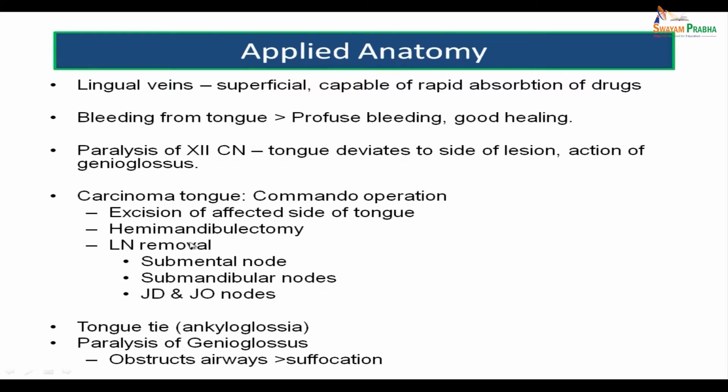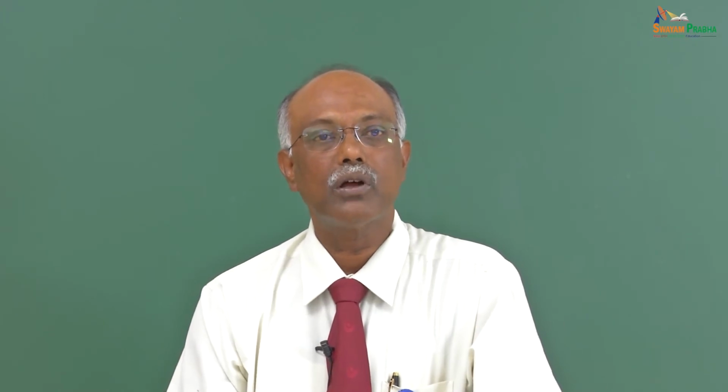There is a hemimandibulectomy, that is, the mandible of that particular side is removed, and it involves extensive lymph node removal, which includes the submental lymph nodes, the submandibular lymph nodes, and the jugulodigastric and the jugulo-omohyoid group of lymph nodes. So, this is what is called a commando operation, in which a part of the tongue is removed, part of the mandible is removed, and all the involved lymph nodes on both sides are